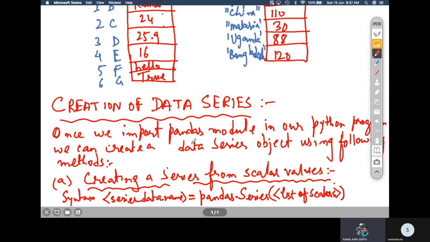So import pandas as pd, and then use that short symbol for the whole pandas word. Instead of using pandas, you can use just pd dot series. Like that the code will be simpler and smaller. But anyway, if you're not using any alias name, you can write it like this also. Now let us go to the next page.